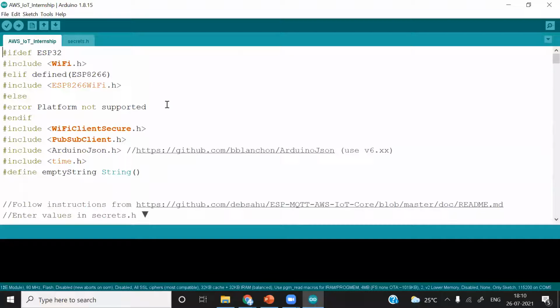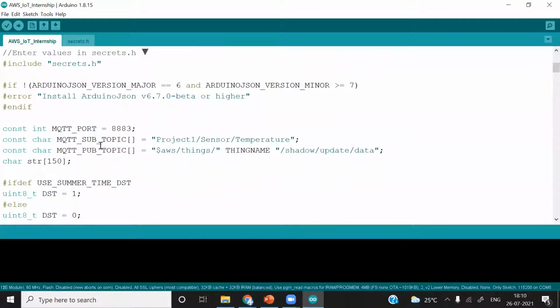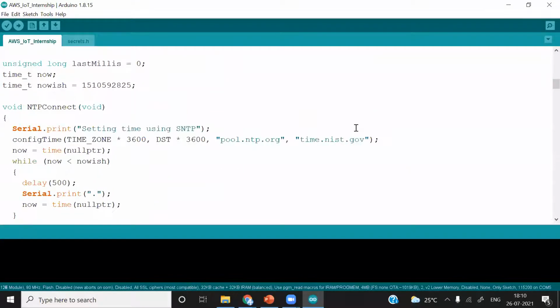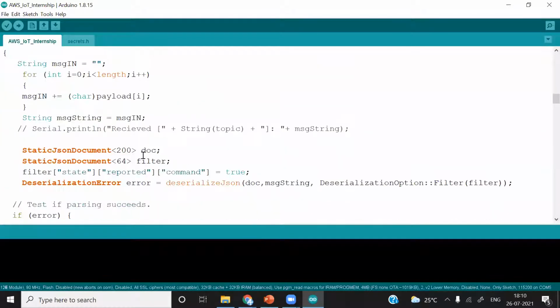So first change is, you can see here I have changed the subscribe topic, you can see here, and the publish topic is this one. So in yesterday's code, you can see that the subscribe topic and publish topic was the same. So in today's session, I have changed this. Next, everything else is same. Okay, I will mention the changes.